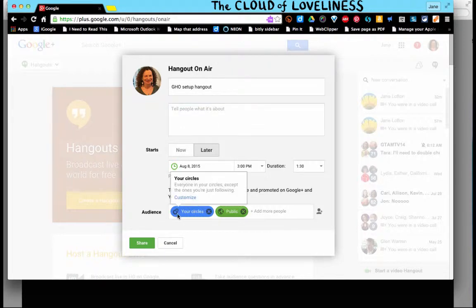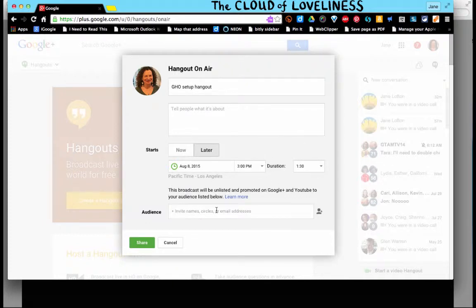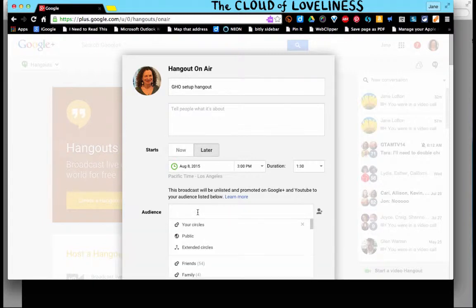Now, notice down here, by default, it wants to invite my circles and the public. I don't want either. And for this one, I want to just send it to the people I want to invite. I can always share the recording with the whole world later, but right now I don't want to share it with the whole world. I do need to share it with somebody, so I'm going to use one of my alternate personality accounts and